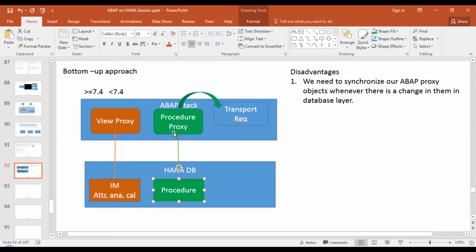You cannot call an analytical view using procedure proxy. Hope that answers your question. The underlying database objects are different, which you actually call using these proxies. Is that difference clear?